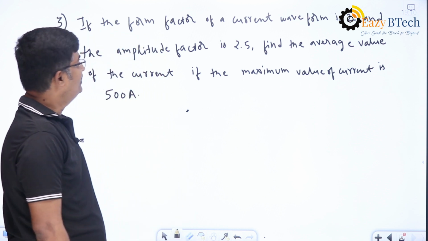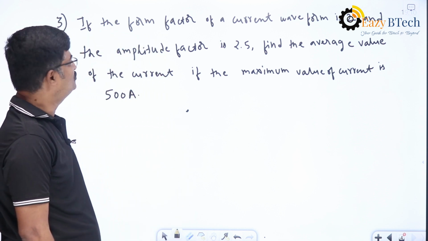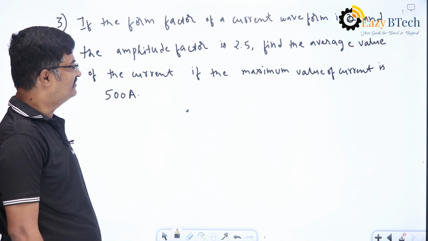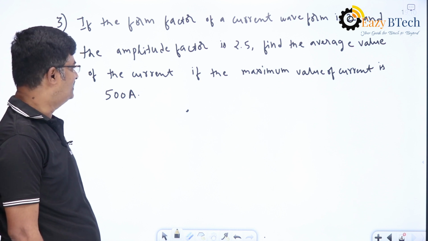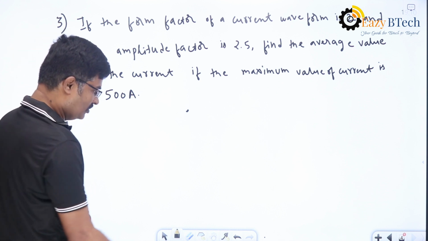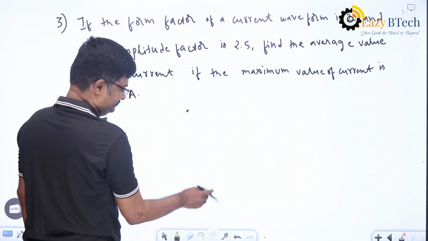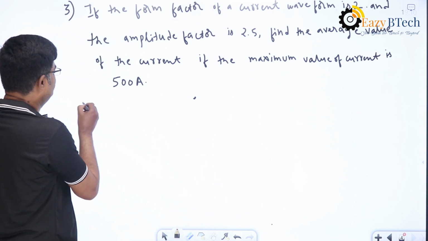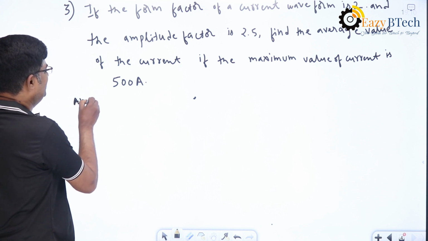So today we are solving: if the form factor of a current waveform is 2 and the amplitude factor is 2.5, find the average value of the current if the maximum value of the current is 500 amperes. So what is given? What are the values which he has given? So simply here my solution or simply answer